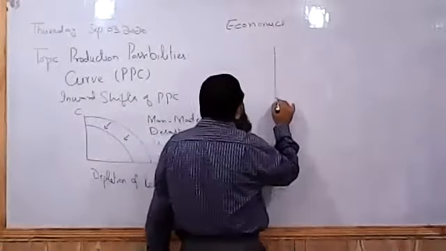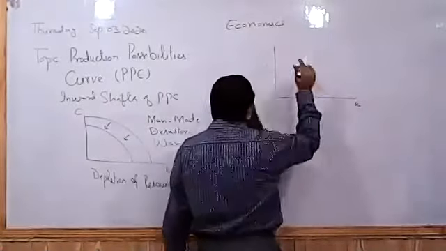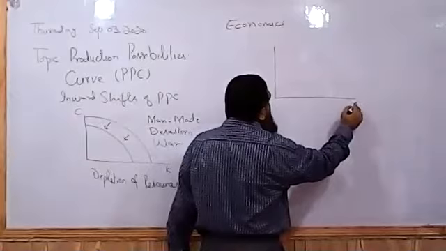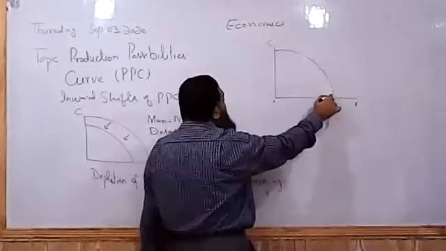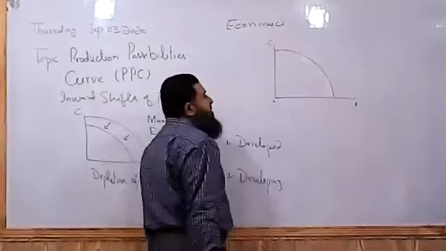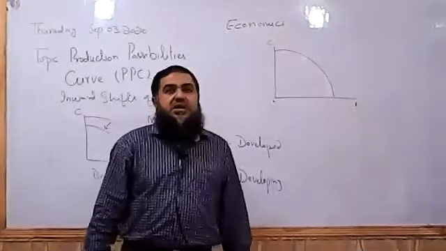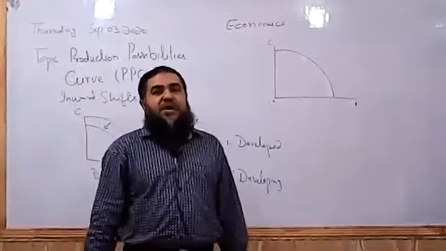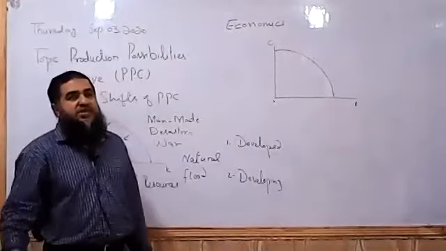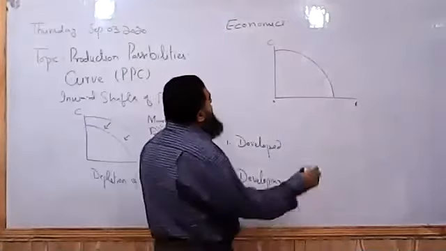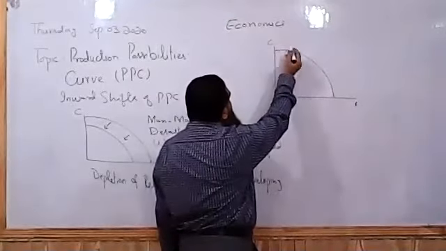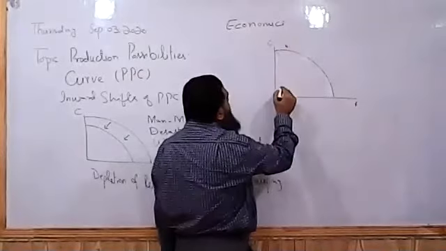Whereas the developing countries are those who are poor countries. They are the poor countries of the world. So we can say they are mass populated countries. Their population size is very high. Their birth rate is higher. That's why their population is multiplying at a high rate. So they are producing at point B.